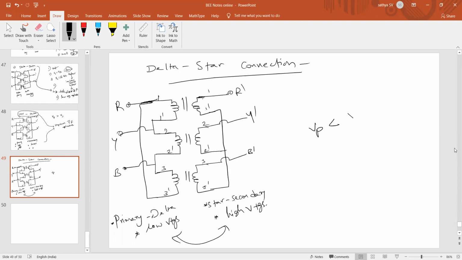So now where can we use this? Primary side voltage is less than secondary, so it is a step up transformer. Step up transformer. Clear? Understand? Yes. Applications are step up transformer.